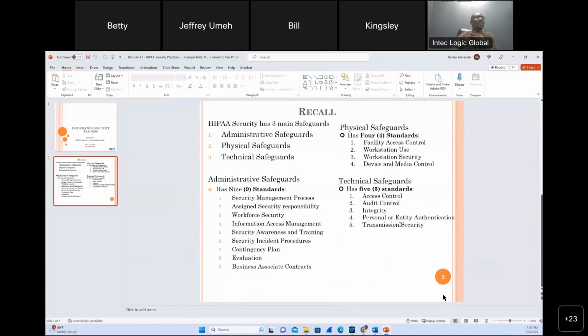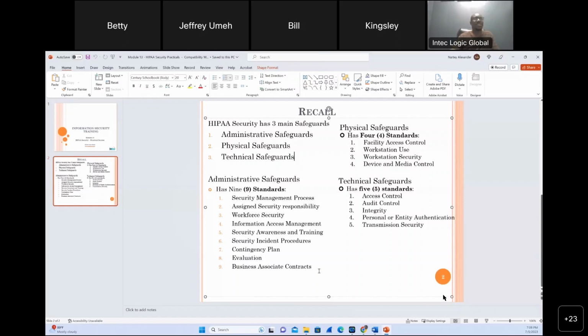Last Saturday, we went through all those safeguards. So we went through, it has 3 main categories, supposed to be category, not safeguards. Then under that, we have administrative safeguard, physical safeguard, technical safeguards. Under the administrative, we have 9 standards: security management process, assigned security responsibility, workforce security, information access management, security awareness and training, security incident procedures, contingency plan,